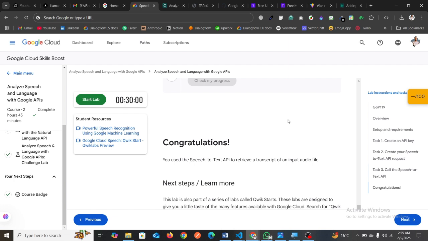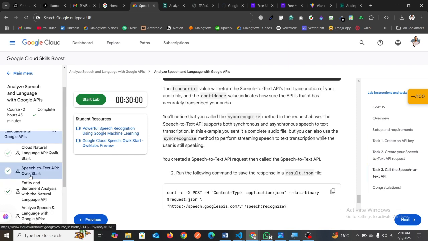What do you have to do in this challenge lab? One important thing: once you go to the challenge lab, you must complete these tasks first. Once you complete this lab, you can easily complete the challenge task. This challenge lab is scenario based. You have to create an API key, and you have to paste some command lines. You have to remember